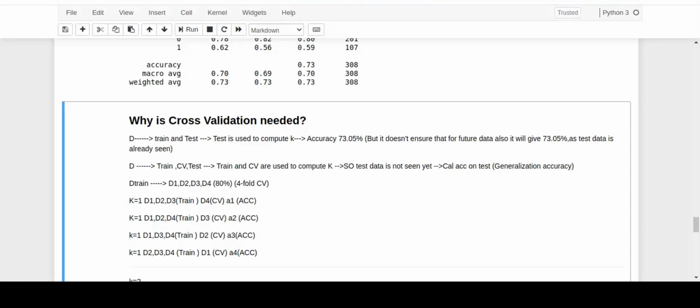The reason is we have used the test set to determine the k, and we also calculated the accuracy using the test set. So my model has already seen the test data. That is why maybe it is giving 73.05%. If some new patients come tomorrow, it may not work correctly. To resolve that problem, what we have to do is